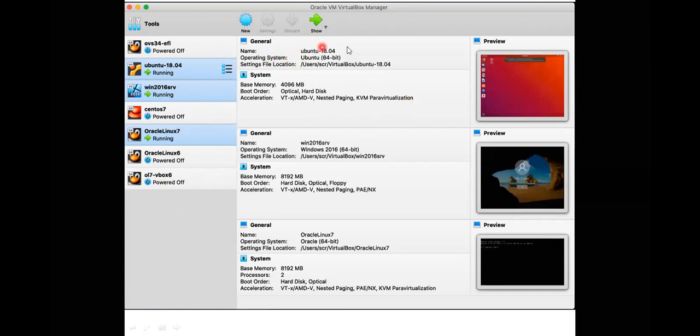This one is called the image of that one. I said single system image, like that I specified. Now what is the image here? It is the name of your server and the operating system you are using, the name of your device or whatever you have chosen. The operating system name, the base memory, the boot order, and the acceleration we have chosen. And the last factor is processors. We are not having the processors here. So based on the environment you are choosing, you are giving the images to that.